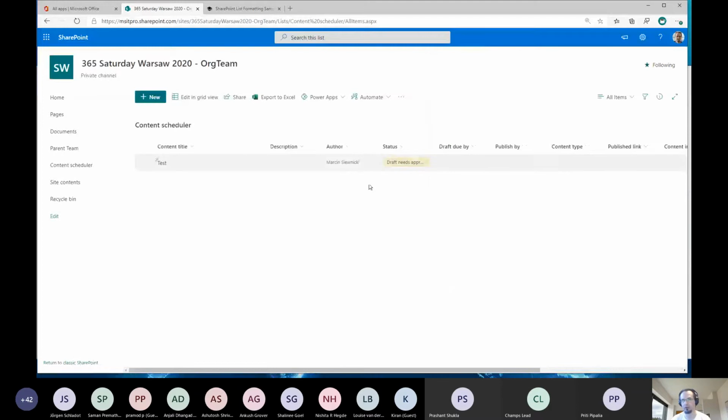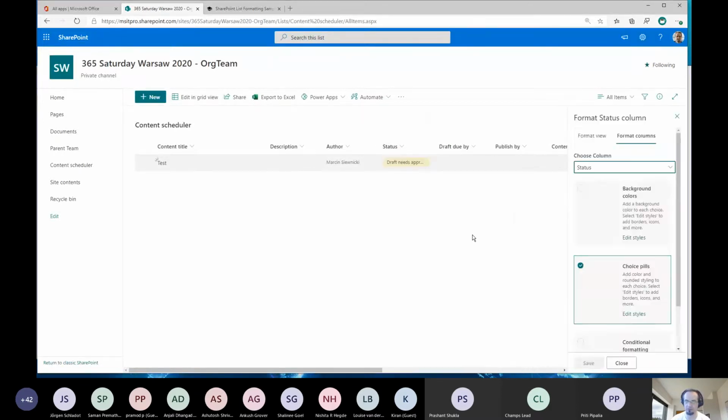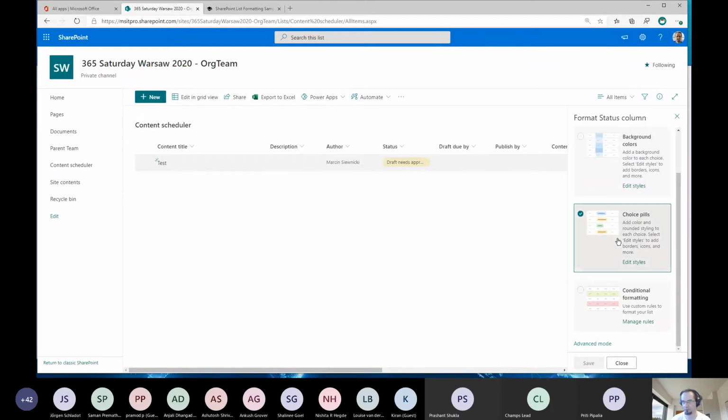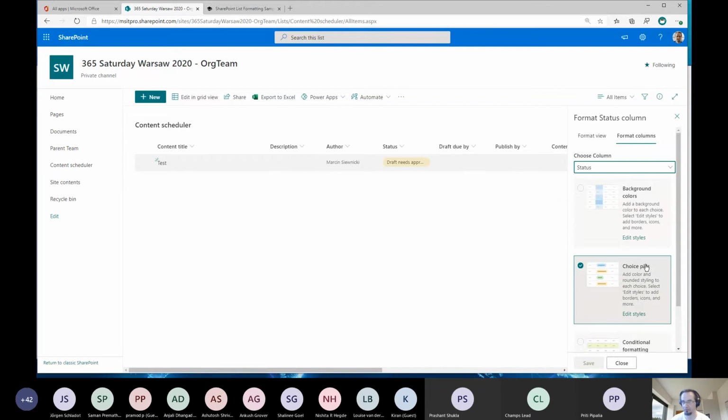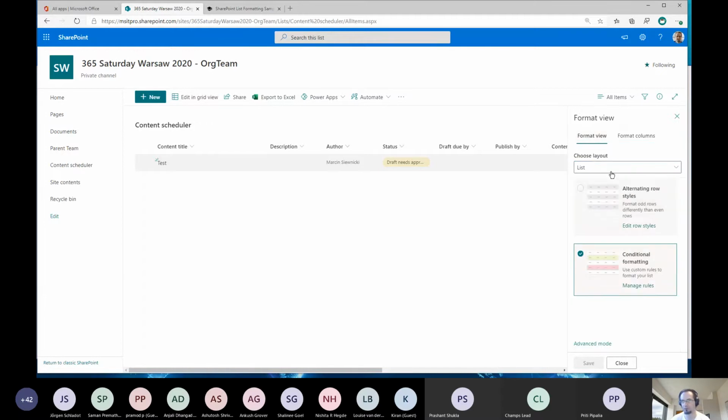So as you can see, there's also formatting options, and formatting options are the same as in Microsoft List. So it shares the same formatting model. So that's really good, because there's only one formatting option for entire Microsoft 365 list. That's good. And we have also the format view, same as in Microsoft Lists.